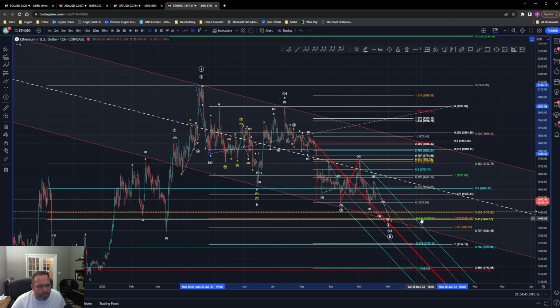So that's 1, 2, 3, 4, 5 pieces of confluence that are trying to tell us that 1450, nice round number, 1450 should be our target. No matter what, I'm going all in, right? No matter what, I'll take a paper cut loss on that much confluence. I will take it. Okay. So that's what I'm shooting for. There's one other thing to look at for confluence. There's actually a sixth